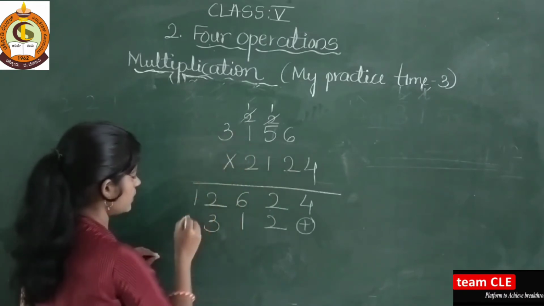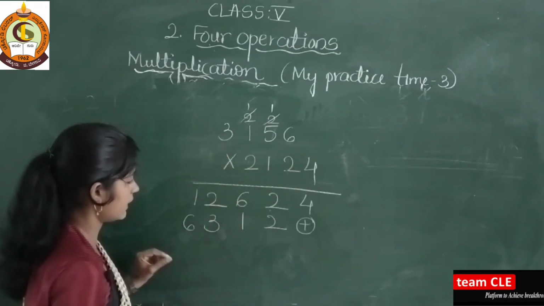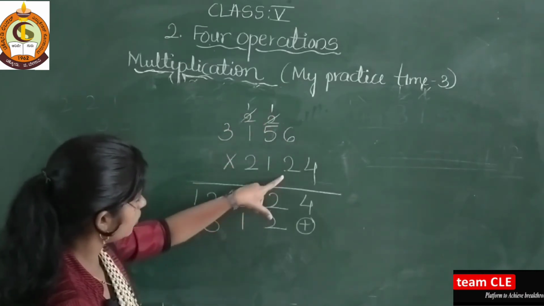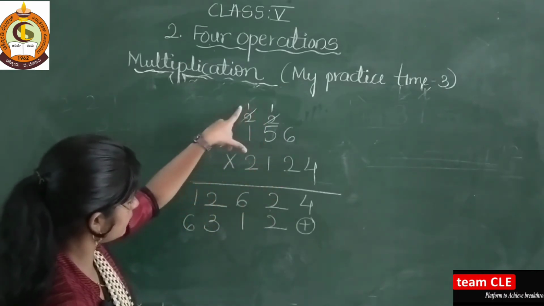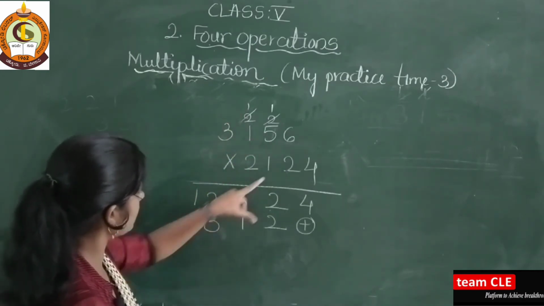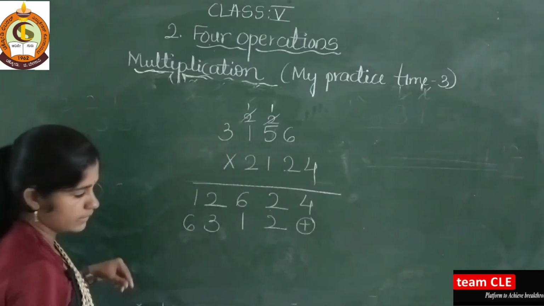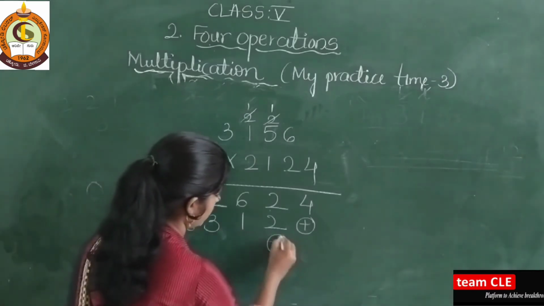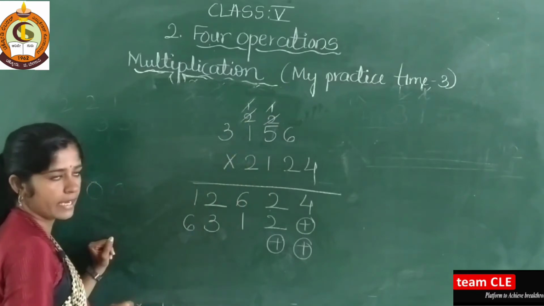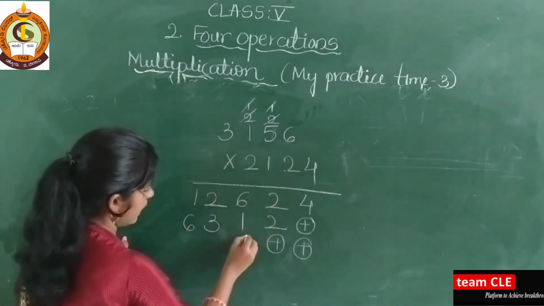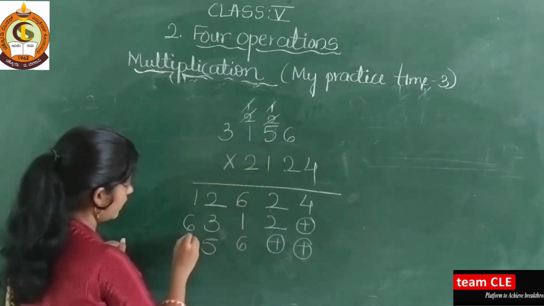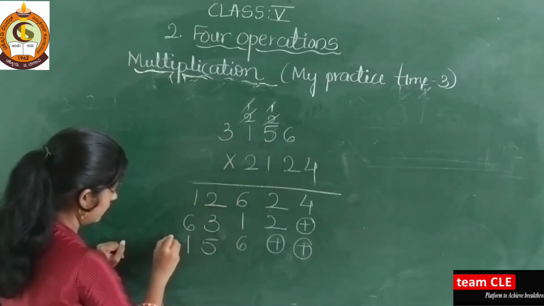Next 2 3 6. Once again I will multiply these numbers. Here 2 6 12. 2 5 10. 10 plus 1 is 11. 2 1 2. 2 plus 1 is 3. 2 3 6. Next again I will leave here 2 digits. Multiply this and make these scratches because already I added those numbers. 1 6 6. 1 5 5. 1 1 1. 1 3 3.